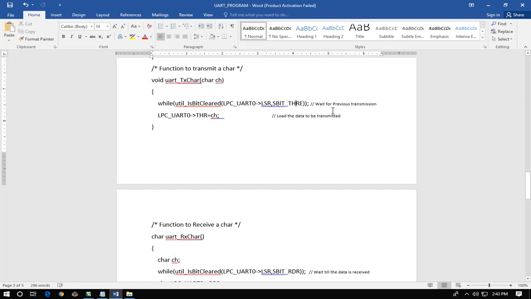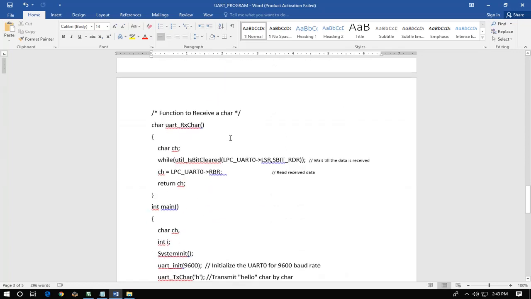Once transmission is done, it will clear the THRE bit, and then it will move to the next instruction, LPC UART 0 THR equal to ch, which will take the character and put it in the THR buffer or the register to transmit next.